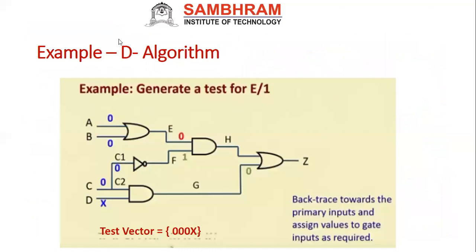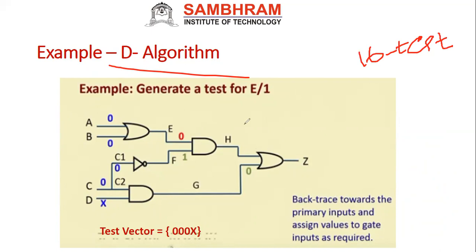One of the methods in ATPG is the algorithm method, as I said. Manual is fine. When I go for the algorithm, the popular algorithm we use is the D algorithm. Here you have to generate a test. This is our circuit, with 4 inputs. You know that I need totally 16 test cases, but instead of going for 16, only one test vector is sufficient to check everything.